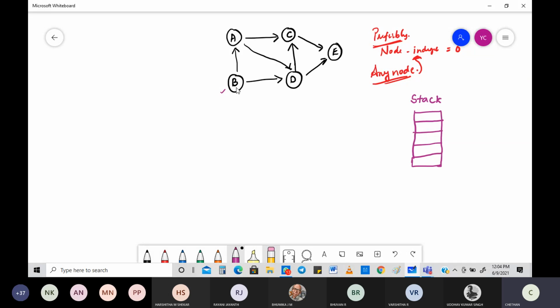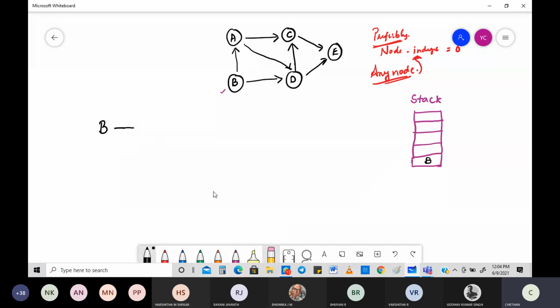Now my job, I told you very clearly, I'm going to first choose my node that is equal to B. That node B will be put into the stack like this. From B, I need to figure out the neighboring nodes.